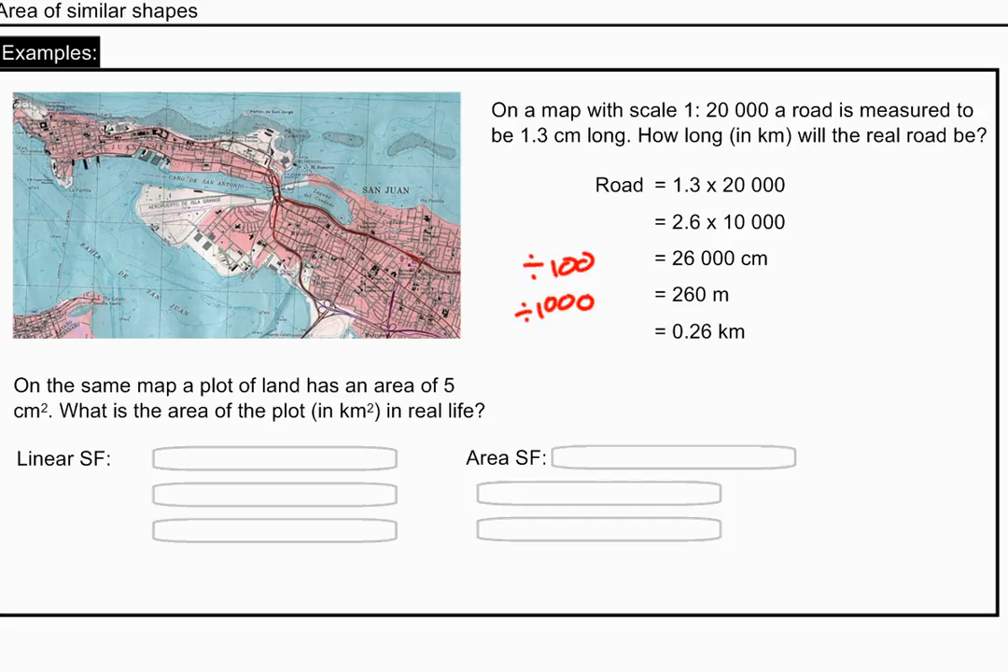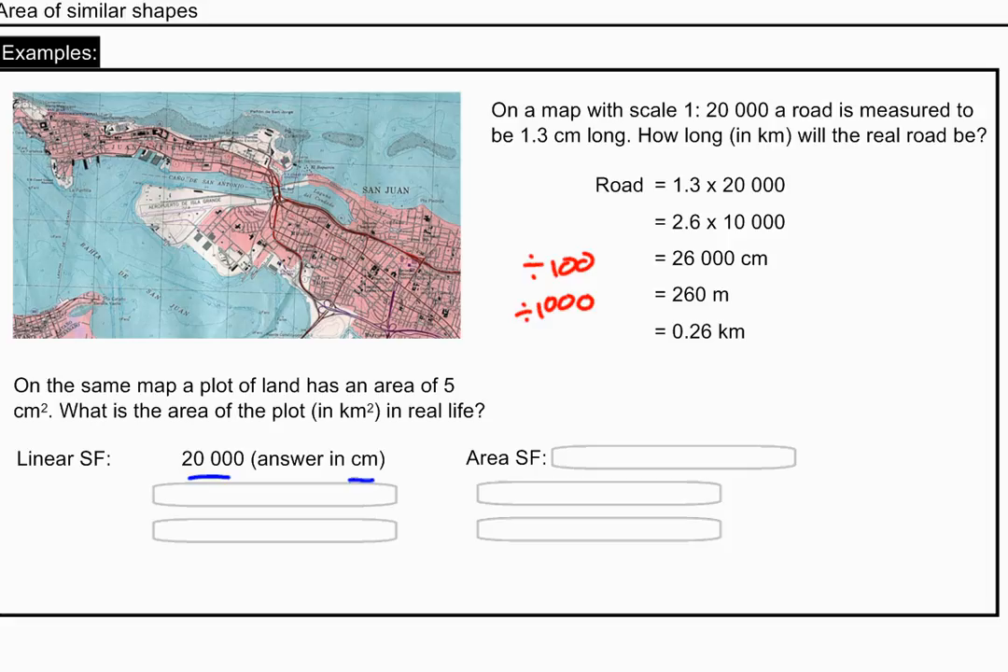Here's where it gets a bit trickier with this question down here. On the same map, so using the same scale, a plot of land has an area of 5 centimetres squared. What is the area of the plot of the land in kilometres squared in real life? What I would be doing is I know my scale factor is 20,000. Now, rather than squaring that, I'm going to convert it. I know I need to work in kilometres squared, and I know that this 20,000 here would give me my